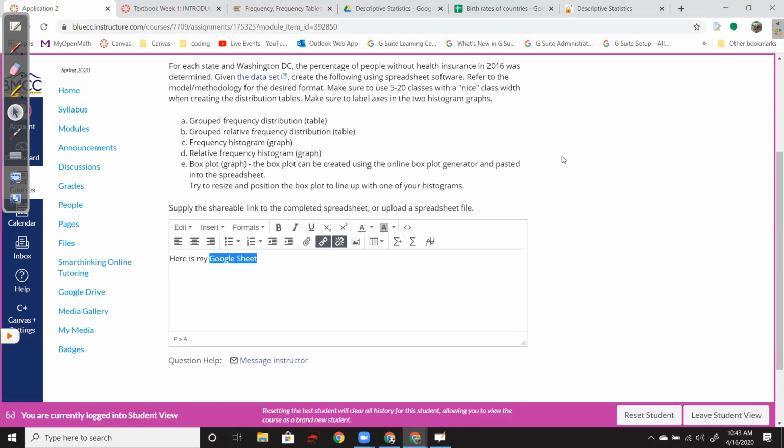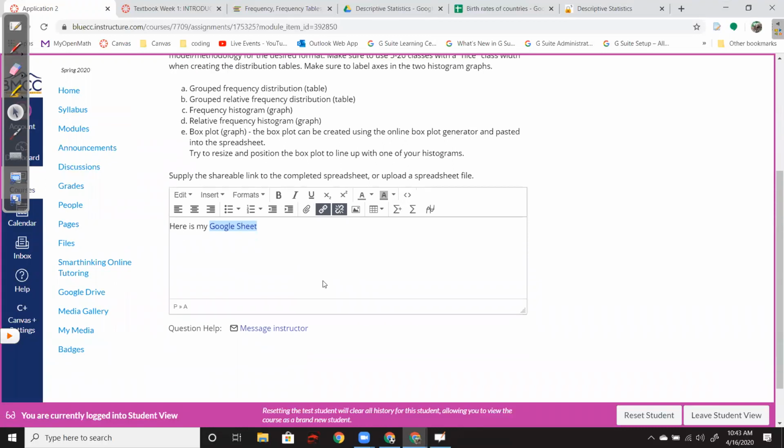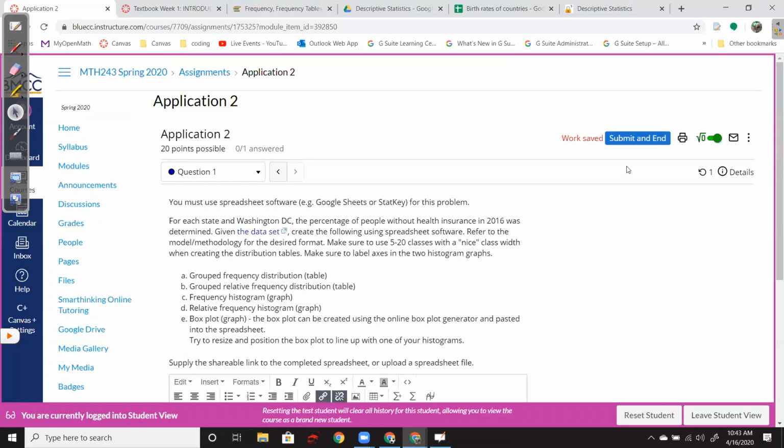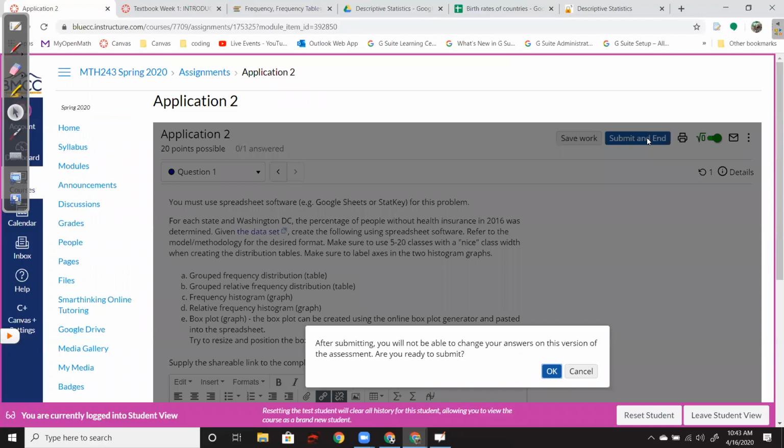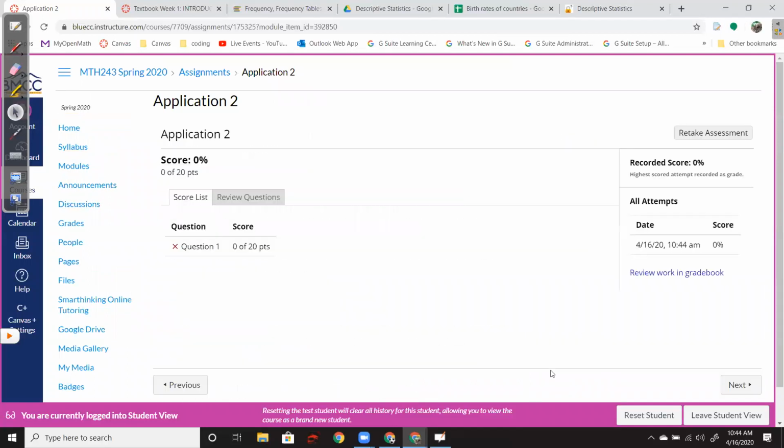If you're an Excel desktop user, then you would attach your Excel file for me, and always put a little note, okay? So you'll do one or the other. Give me the shareable link or upload your file with the attach button here, and then hit submit. And in it goes. And once I've graded it, which hopefully next week will go a little smoother than this week,